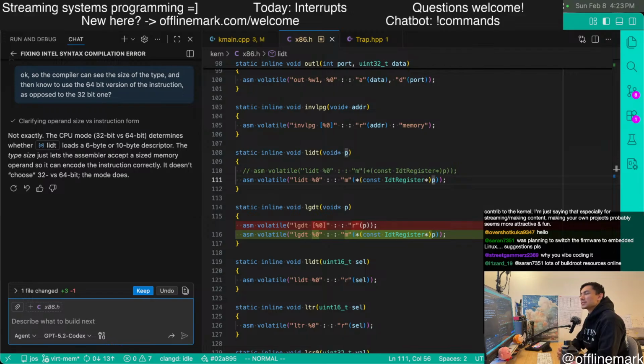The typed size just lets the assembler accept a size memory operand. Okay. Alternatively, can